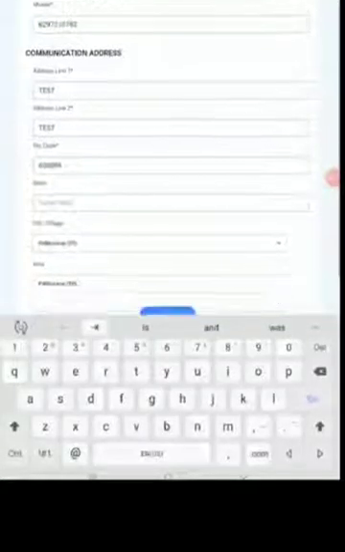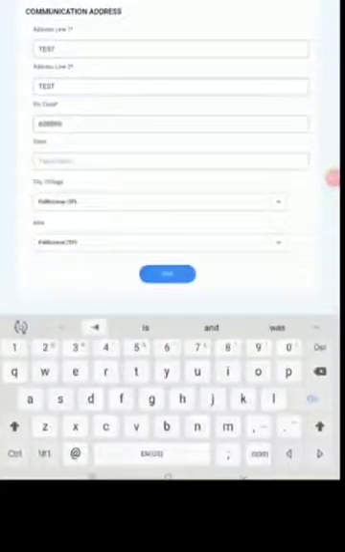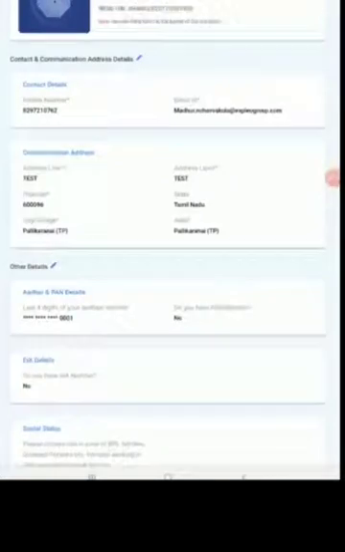So this is the email ID and this is the address. You can save it, see the edited details, verify them, and click on Next.